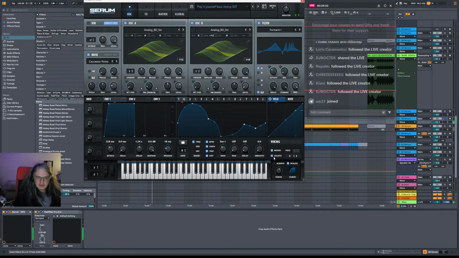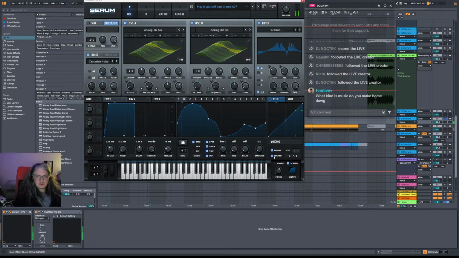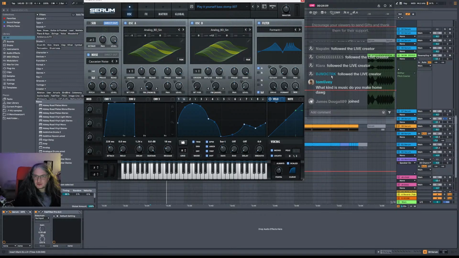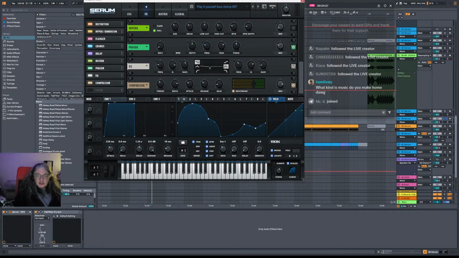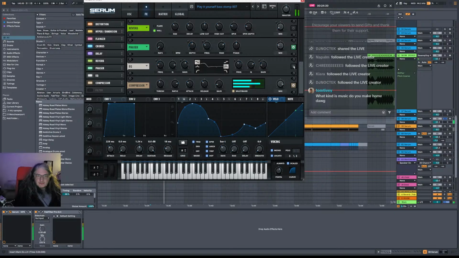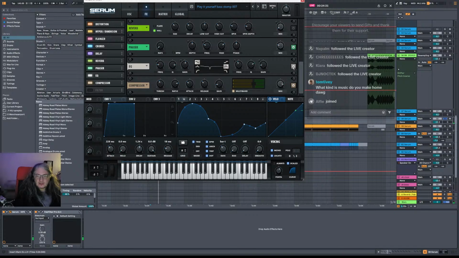How are we going to fix this? That sounds better, but it's obviously got the click, and I don't want to resort to using click remover plugins because it takes a lot of processor power, and I don't mind doing it by hand, kind of. Oh, I know what it is. It's probably the EQ again, isn't it? It is. It's always the EQ. The EQ does sound good, but no, it's not. I'm going to have to